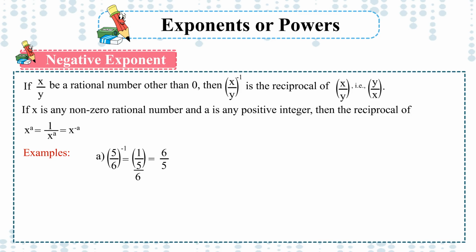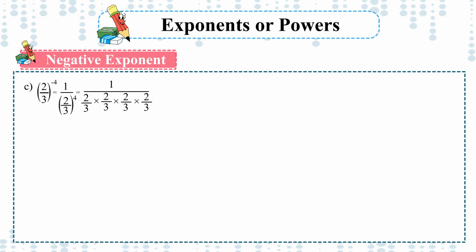Examples: a. (5/6) raised to the power minus 1 is equal to 1 over (5/6), which is equal to 6/5. b. 4 raised to the power minus 5 is equal to 1 upon 4 raised to the power 5, which is equal to 1 upon 4 × 4 × 4 × 4 × 4, which is equal to 1 upon 1024. c. (2/3) raised to the power minus 4 is equal to 1 over (2/3) raised